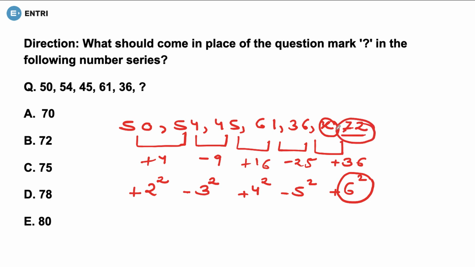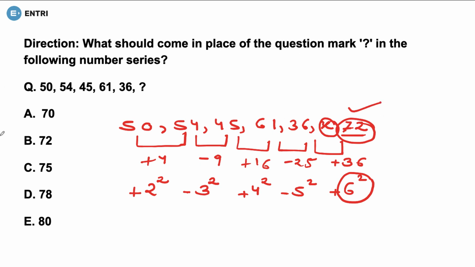Now, for these types of questions, you have seen that three different methods were there. It is possible that you can directly see the sequence order. If not directly, then try to check if there is any difference. And if that is also not there, prior to that you can check whether there is any cube or square that is made, as here the square was made. So finally you can get your answer.